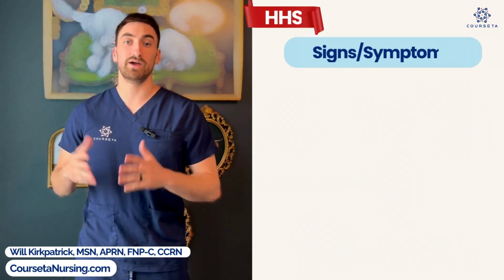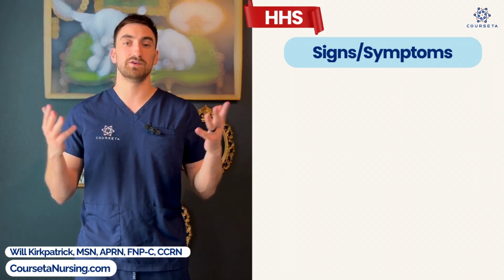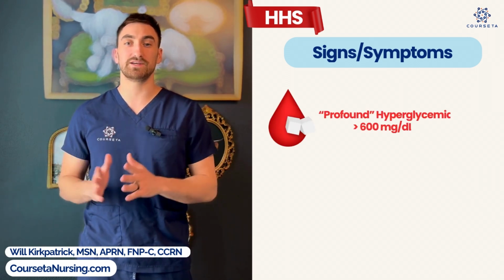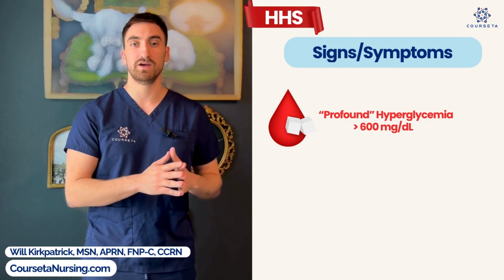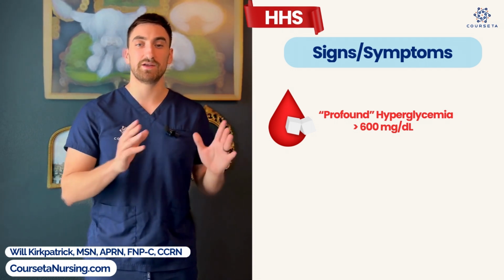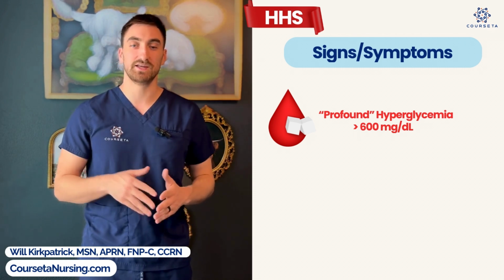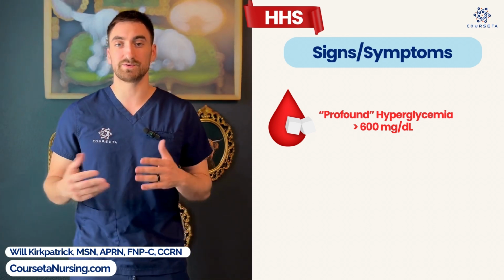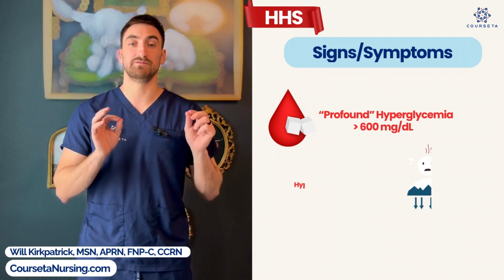All right, let's talk about HHS signs and symptoms. So number one, a profound hyperglycemia. They love to use the word profound on the NCLEX and your nursing exam, so pay attention to that. A profound hyperglycemia with HHS that is typically over 600 milligrams per deciliter. Another key one is severe